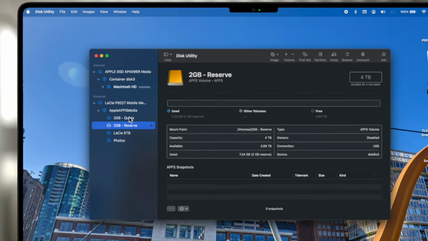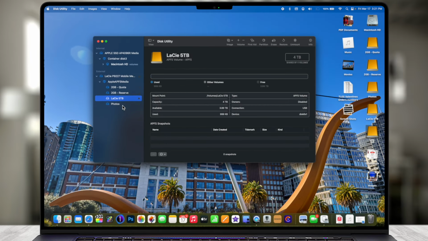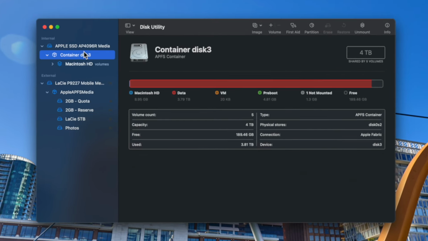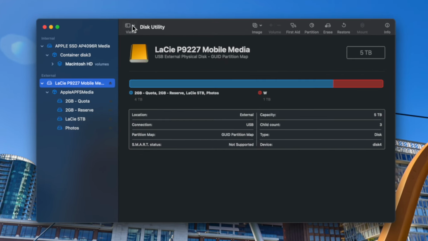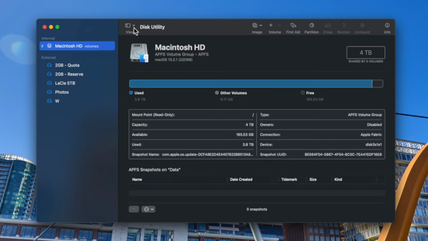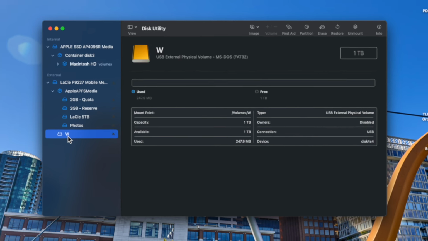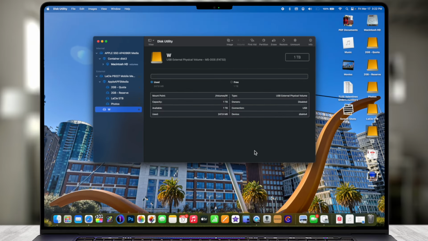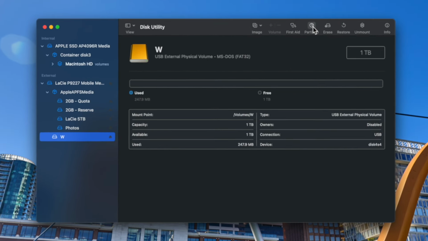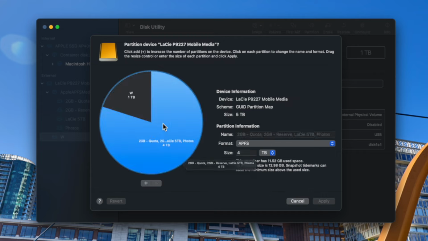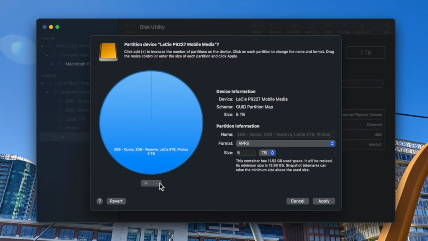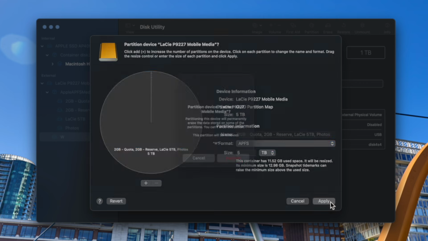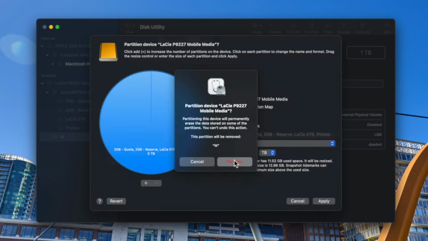If you go back to Disk Utility, sometimes I find that it takes a moment for it to add in there. So what I usually do is just go up to view, do show only volumes, and then it magically appears for some reason. If I didn't want any of these volumes, or if I didn't want this partition, I can just select it, and I can go to partition. I can select it here in this little pie, click the minus sign, and choose apply, and it's going to remove that partition, and that space will go back into the original volume that we had previously.